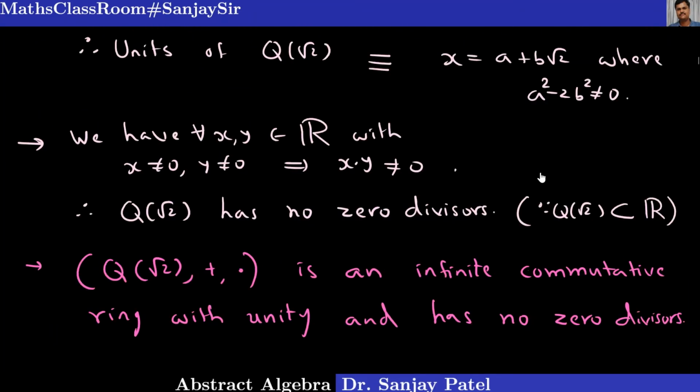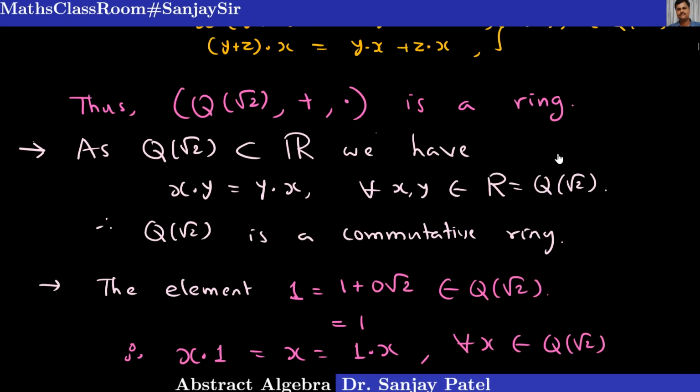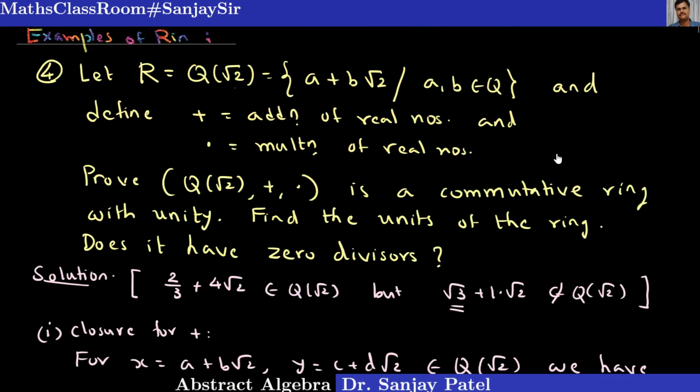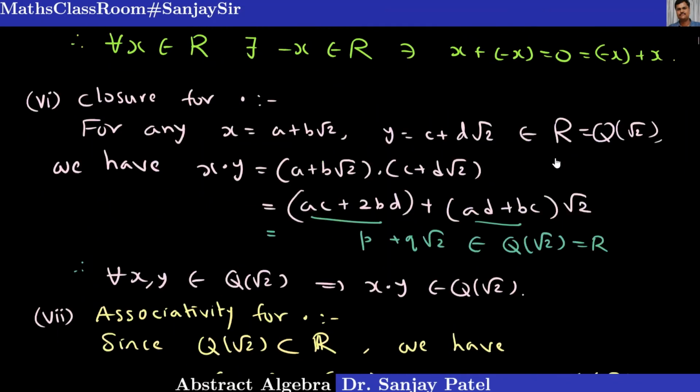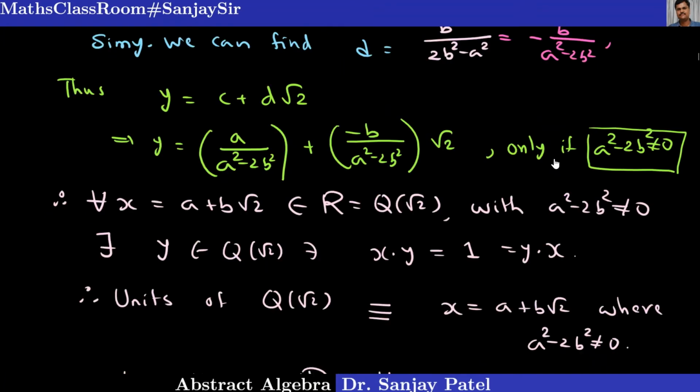Let us take the next one. What is the number of this ring? This is the fourth one. Now the next problem is number 5. Yes, so this is my fifth example. What I want to consider in this problem is a finite set.